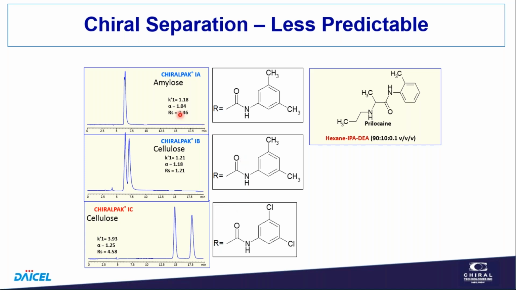This just shows, I won't get into stationary phases, but we have a difference of retention. Chiralpak IA is one of our best columns. We find a lot of separations on IA. In this case, it didn't give very good separation. Chiralpak IB gave a little bit better, and Chiralpak IC gave even better. Well, look at the structure of the molecule, know the structure of the stationary phase. Very difficult to predict that. We have to do that as an experimental process.